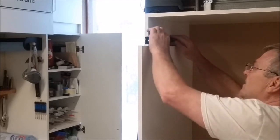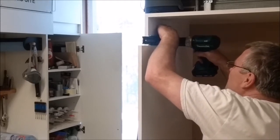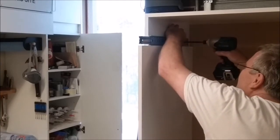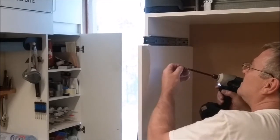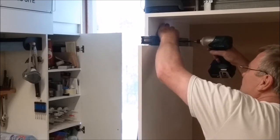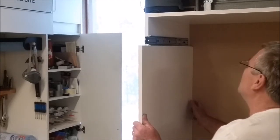So getting the main body flush with the front of the carcass. Pre-drill a couple of holes there. Screws in. One drawer runner on, panel out,